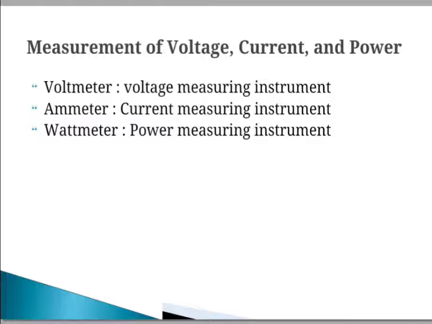If it is connected in parallel, then the load impedance comes in parallel with the high resistance of the voltmeter. Hence the combination will give almost the same impedance as the load had. Also, in a parallel circuit the voltage is the same, so the voltage across the voltmeter and the load is almost the same. Hence the voltmeter measures the voltage present in the system.